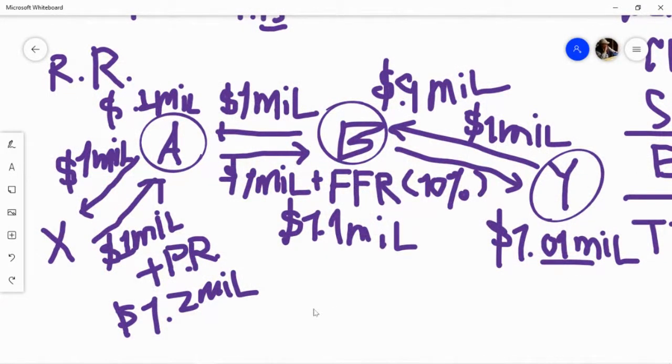Fed funds rate comes into play is when they think about it. Why would Bank A borrow from Bank B? Of course, because their reserve falls below the reserve requirement. Another reason is, suppose Mr. X comes into Bank A trying to get a $1 million loan. And Bank A happens to be short. They don't have 1 million. They meet the reserve requirement, but they don't have 1 million